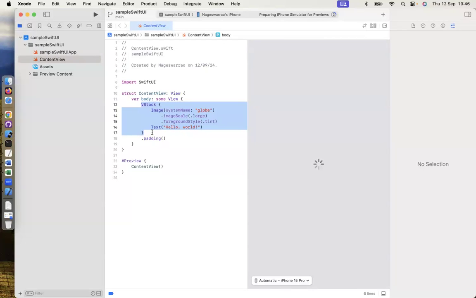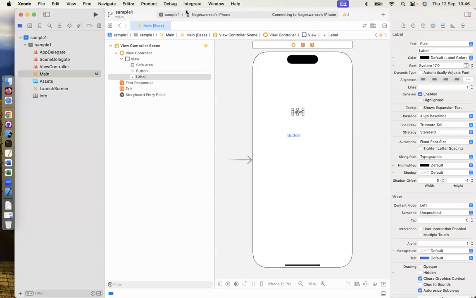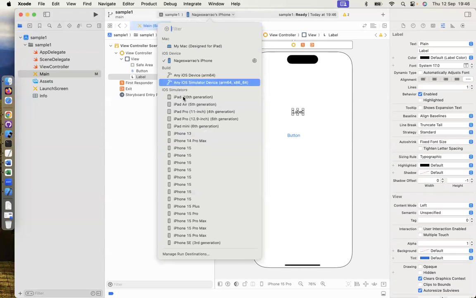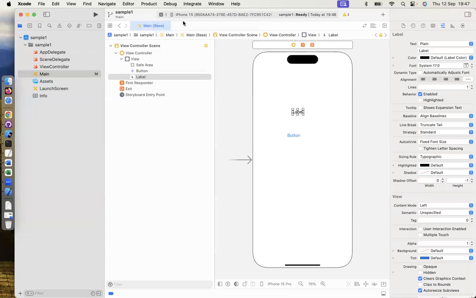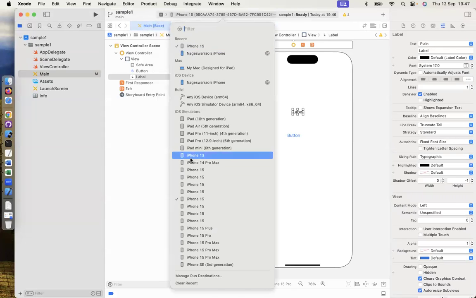And parallelly, they will provide the preview option. So which devices, simulators, these are all the emulators and stuff. Previously we discussed the SDK. So these are all the SDKs in iOS simulators. So which device you are selecting based on the application, then we can run it.